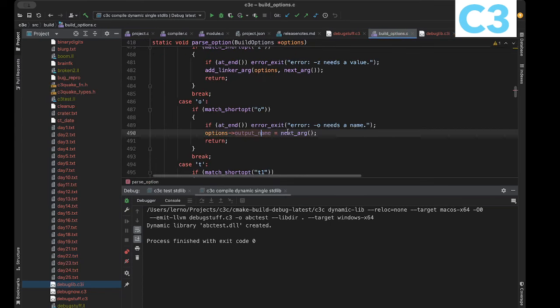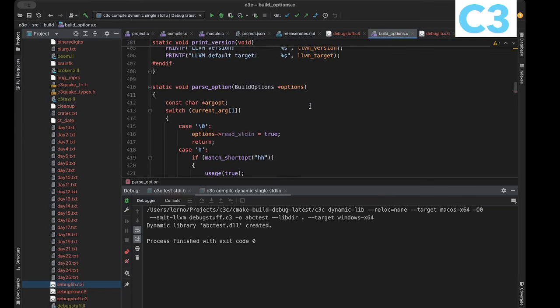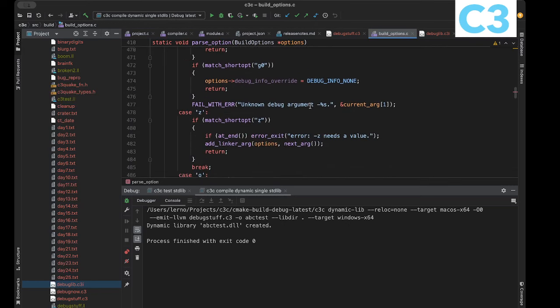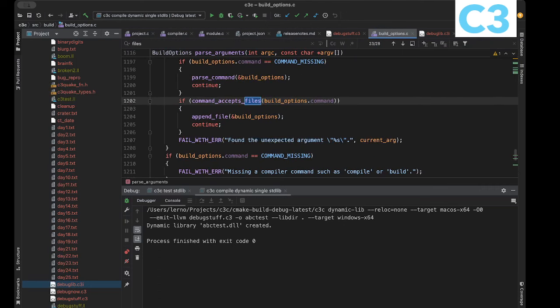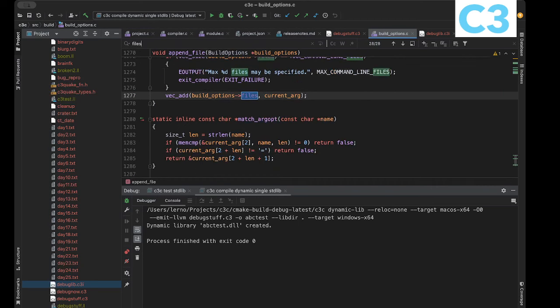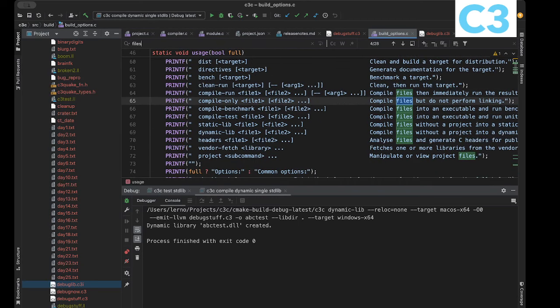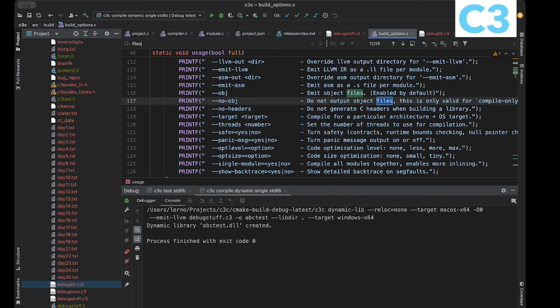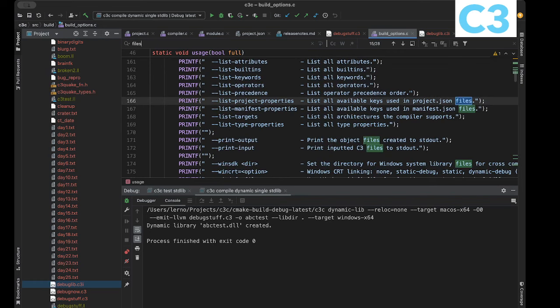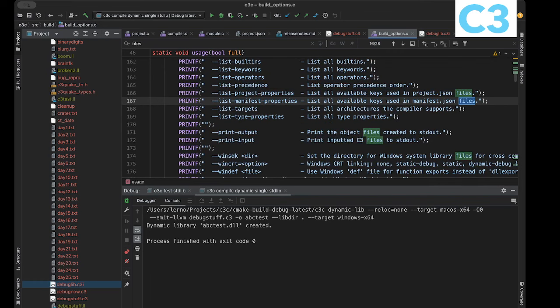So let's see here. We have it somewhere. Print files, something files. So usually you would do not object output. Let's see here. Print input. So print input should be enough. Okay, so if we do print input here,